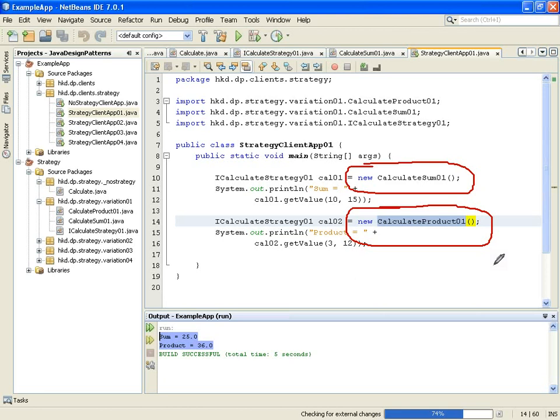Suppose there is some real-time application going on where we have millions of records per minute, and we need to apply some strategy to that stream of data in real time. Can you think of how many objects will be created?